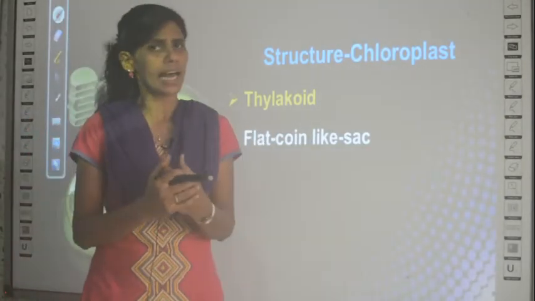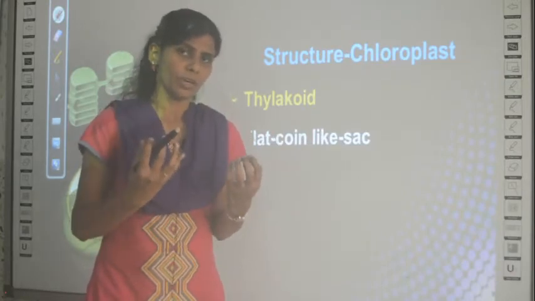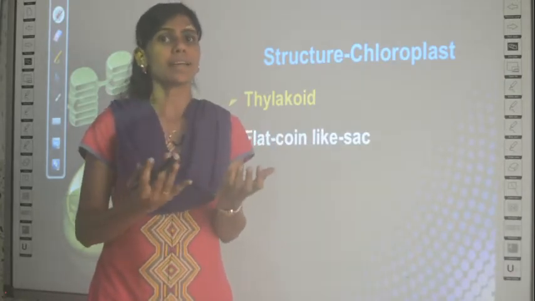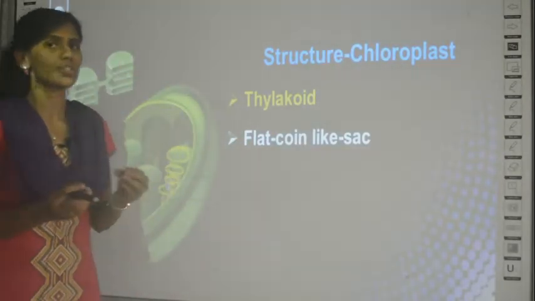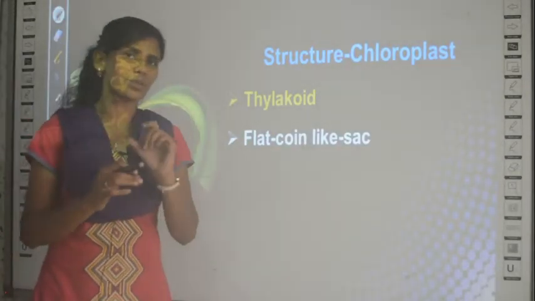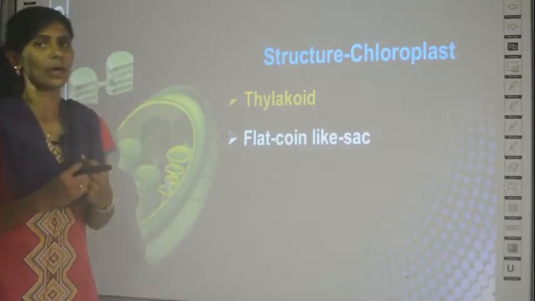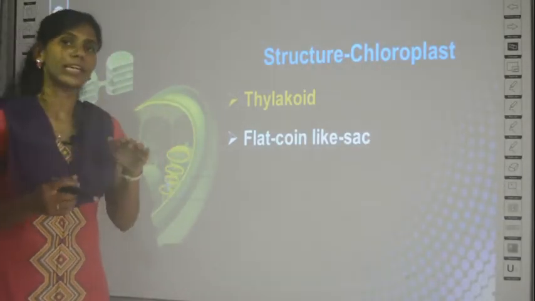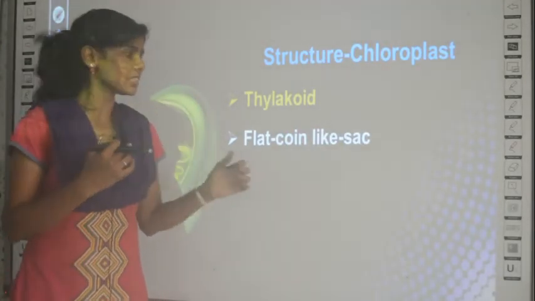What is a sac? Usually at home we use a sac, no? What will be inside the sac? The sac is usually empty. Inside this coin like structure it is empty. That's why it is called by the word sac. So what have you studied about the structure of thylakoid? First of all, it is flat. Then it is a sac because there is nothing inside,